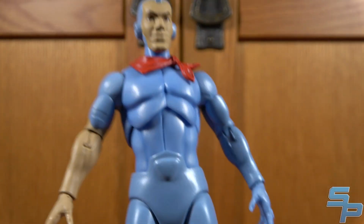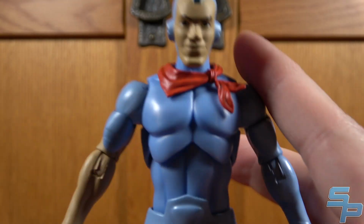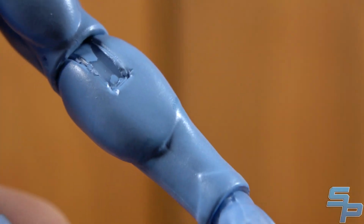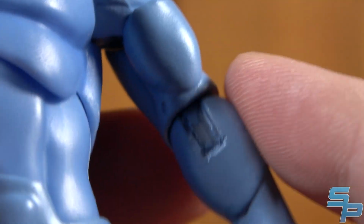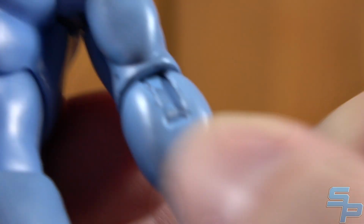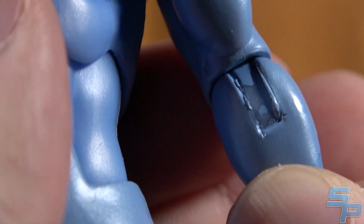It might be an issue on some other characters. Now, what is an issue is, like I said, there is a lot of paint, and much like NECA's Teenage Mutant Ninja Turtles cartoon figures and some of their comic figures, they painted over the joint. Now, unlike the NECA figures where that prevented joints from moving, I opened this guy out of the box, bent his elbow, no problem, but you may notice that you can see the actual plastic underneath where the paint has